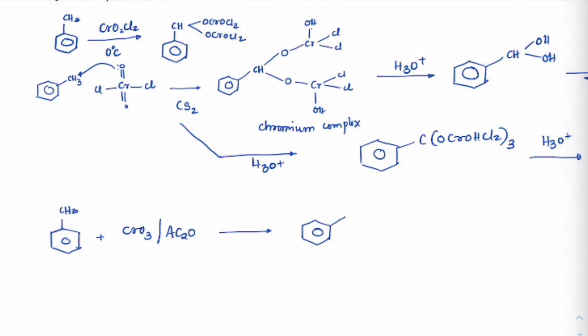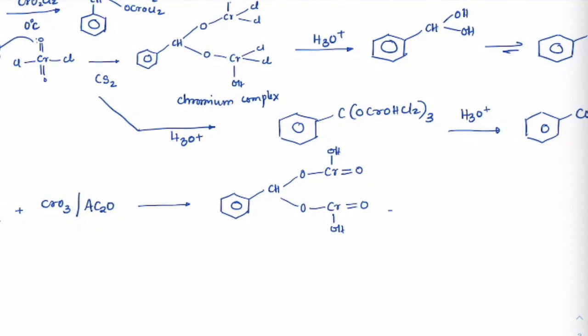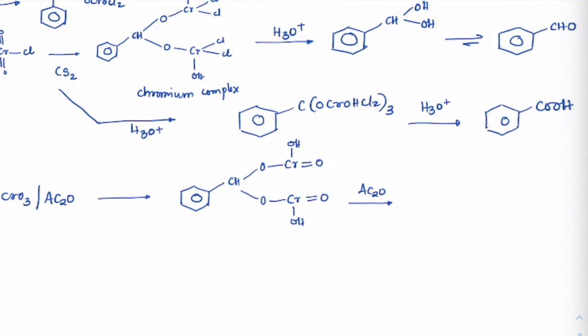So the same type of complex will be formed. I'm showing it with CH here: CH, O, Cr, OH double bond O, O, Cr, OH double bond O. So think of a formation like this, and because it is in the presence of Ac2O, the chromium would be replaced by this Ac2O as OAc and OAc like this,